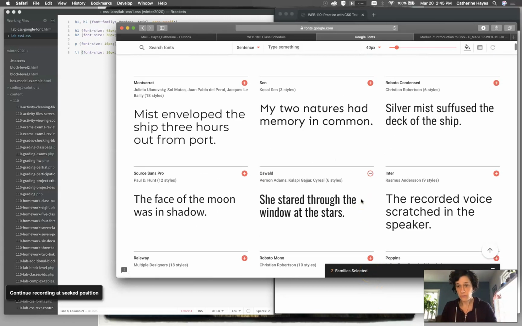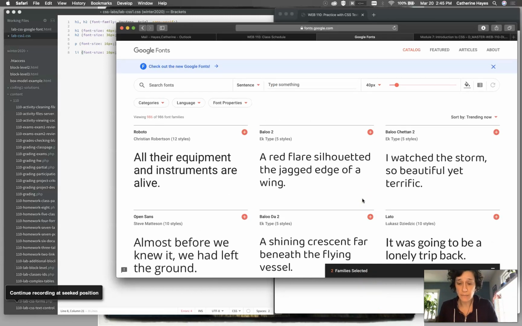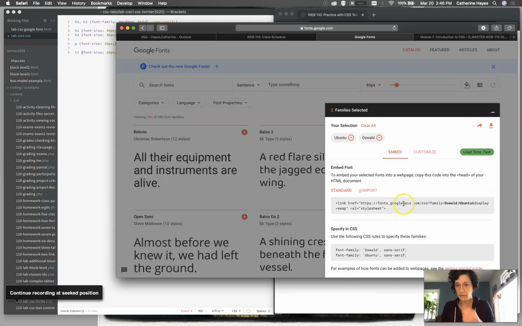I should clarify too, for those of you that have looked at my Google Fonts screencast, what I am looking at right now is the old Google Fonts. You can see at the top it says, check out the new Google Fonts. The screencast that I have up is actually using the new Google Fonts interface. The same concepts apply. I'm still finding fonts and adding them to my selection here, and so I have Oswald and I have Ubuntu. So I'm going to copy the link code